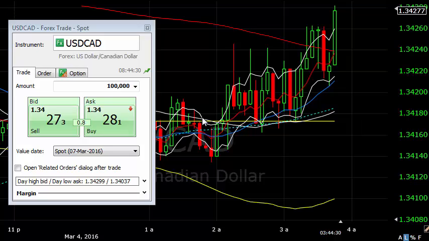I said I'll be looking to add to this dollar CAD, and with this strength coming in, it's helping me out a little bit here. So my finger is on the trigger. It's 8:45 now. I'm just waiting to see how we're going to close. We only got 15 seconds to go. If we can close right near the high of this candle, then I'm going to put that second unit in, and I'll still be looking to put more units in even beyond that. So I'm just waiting to see how we close here,